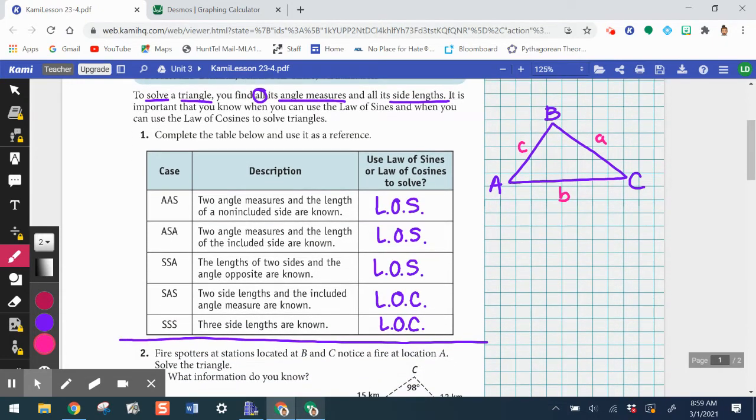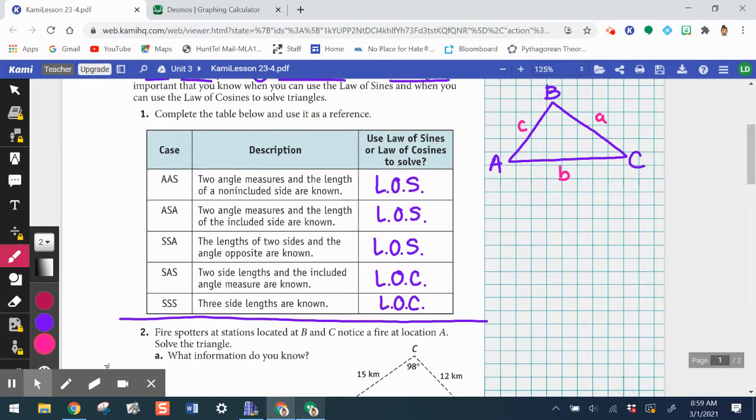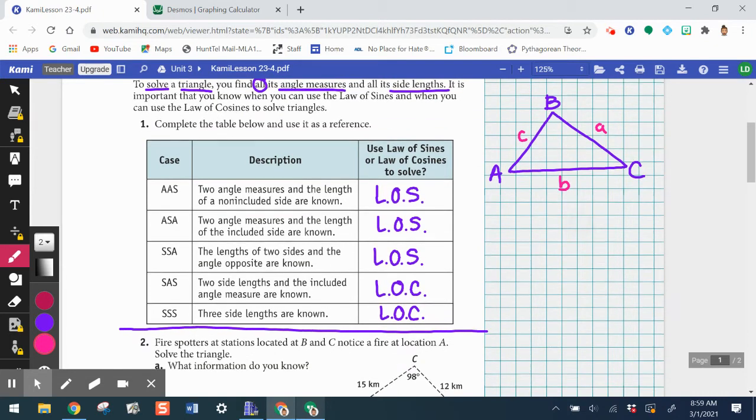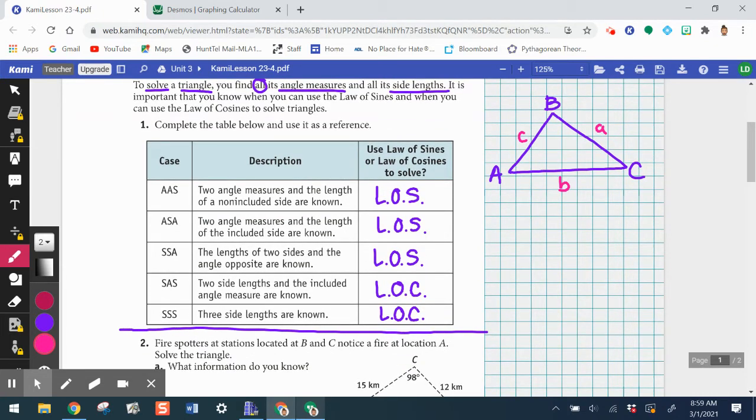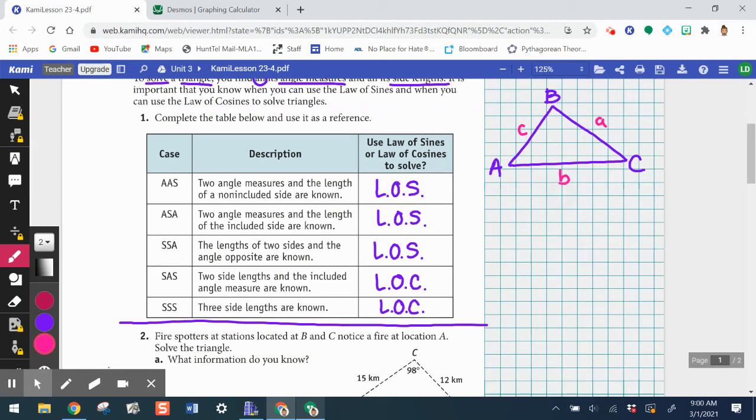So here I have a sample triangle, ABC, with opposite side lengths labeled lowercase a, lowercase b, and lowercase c. So for the first description, which is classified as angle, angle, side, 2 angle measures and the length of a non-included side are known. So if we have 2 angle measures and the length of a non-included side,